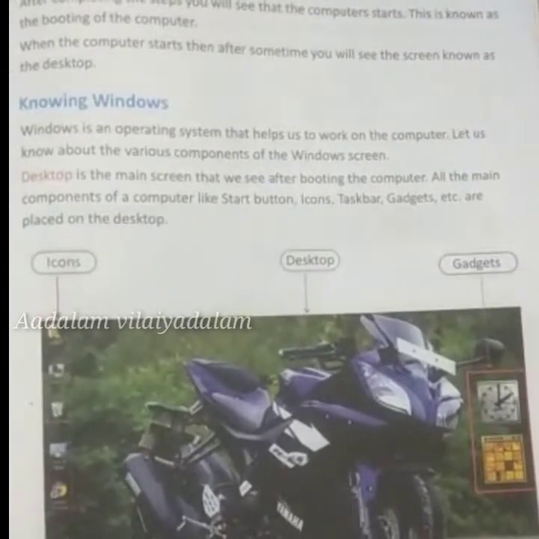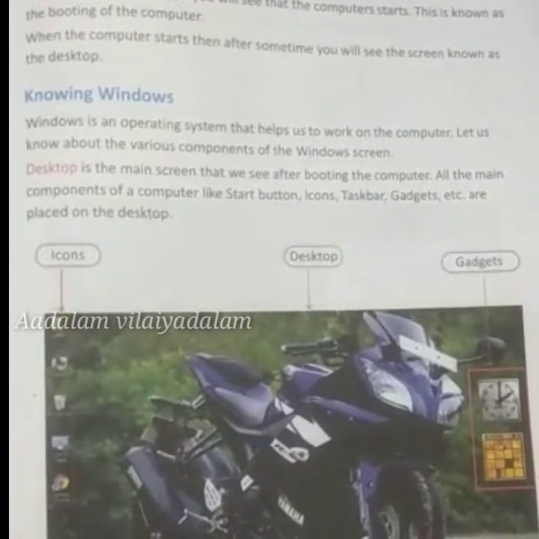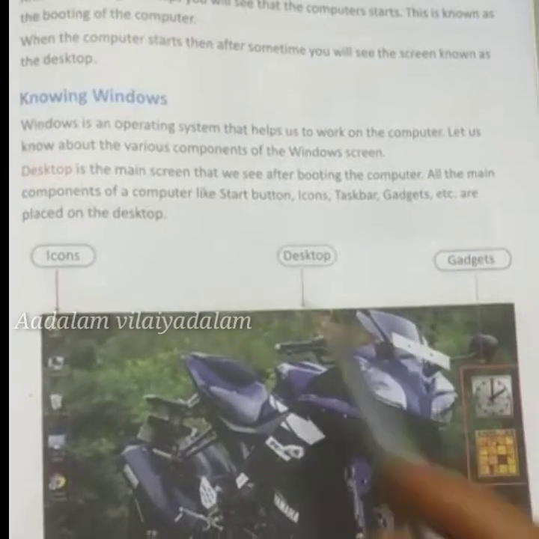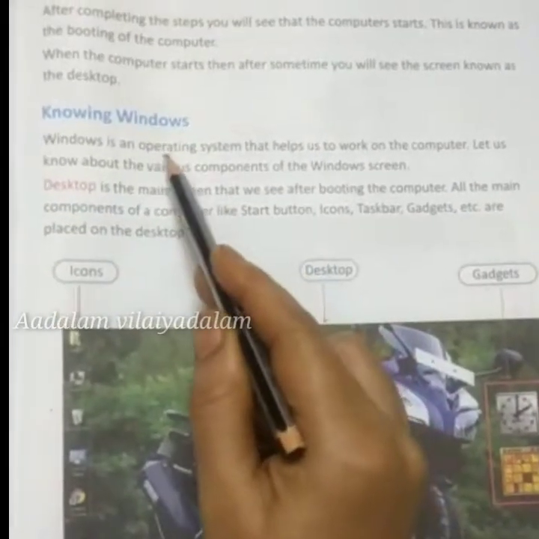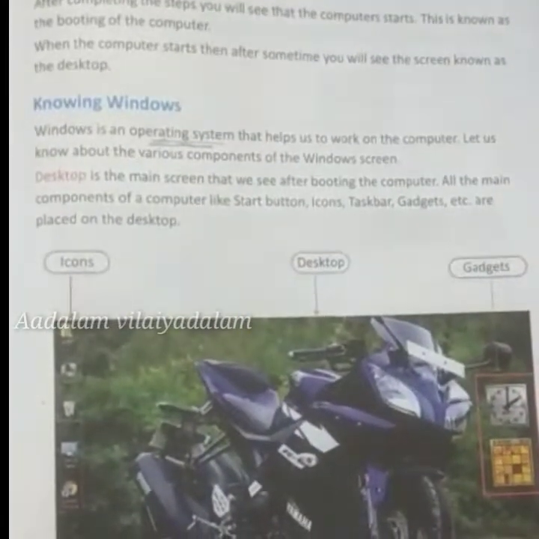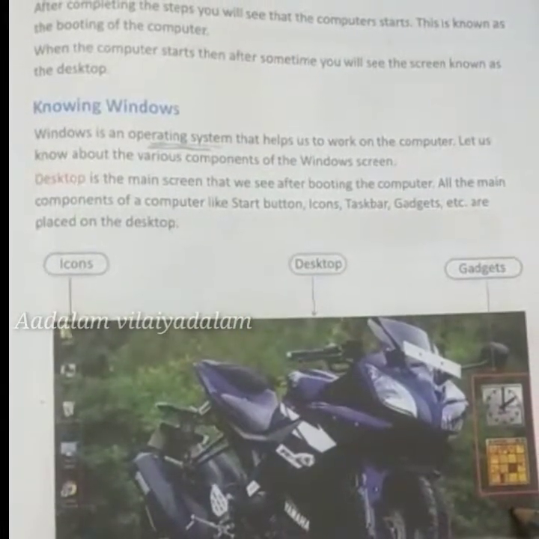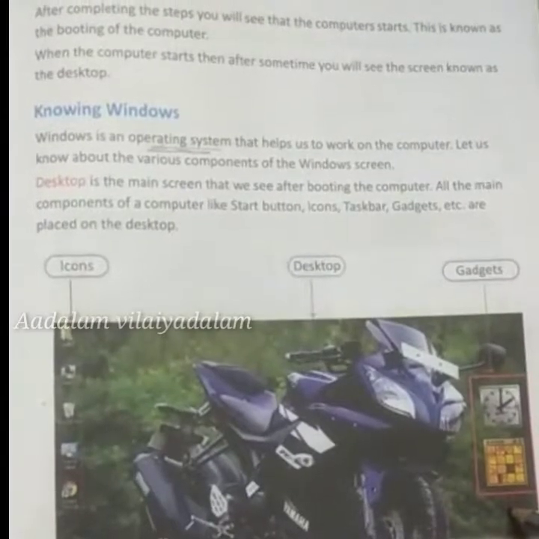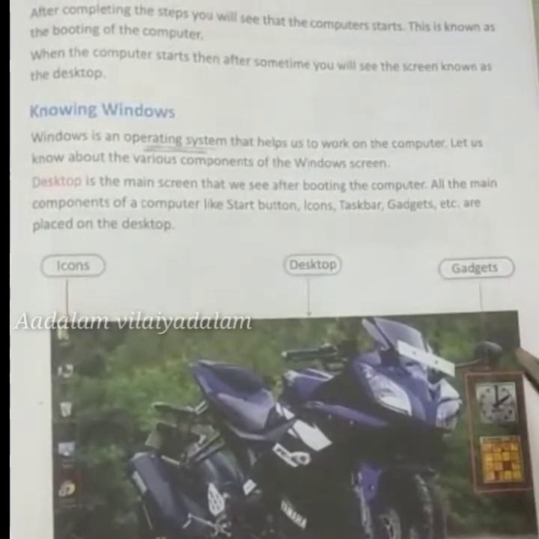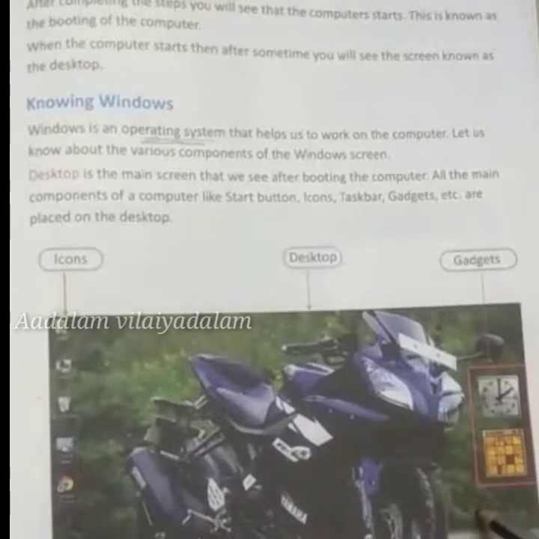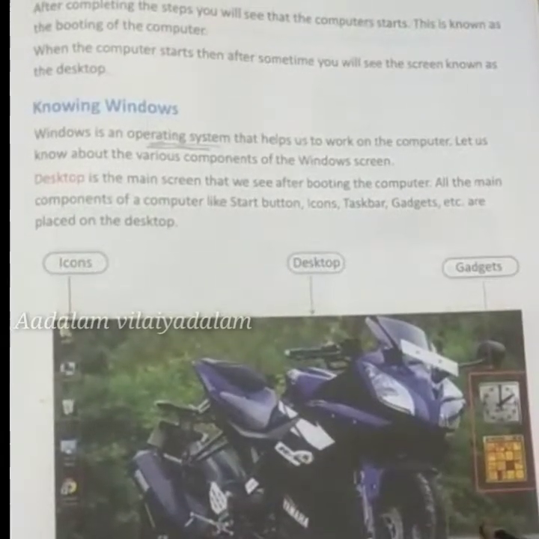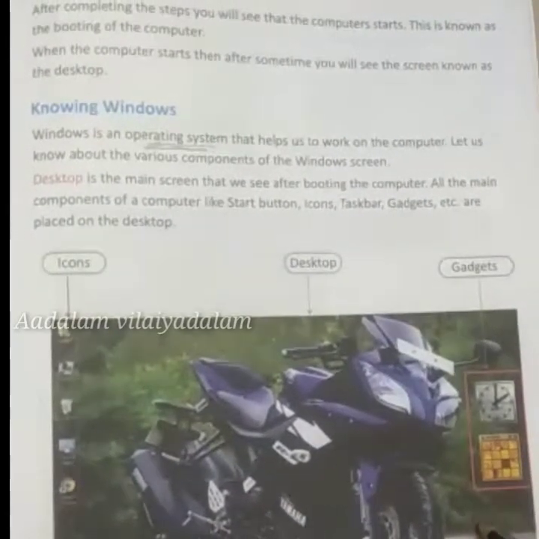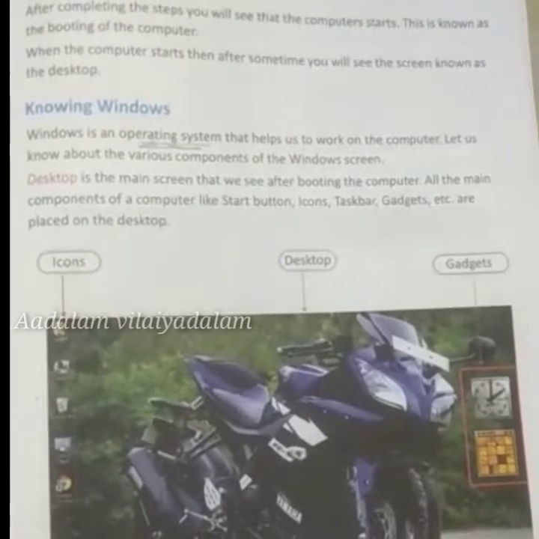Today we are going to see the Windows operating system. Most of the computers nowadays are using the Windows operating system. In this Windows operating system, this desktop screen has basic options. I will say some of the main options of this desktop screen.